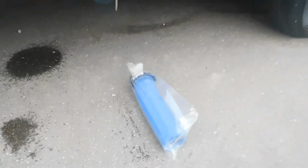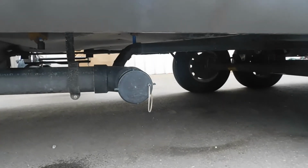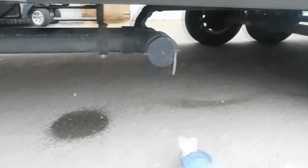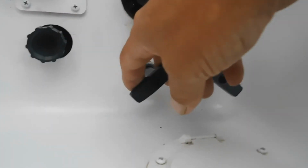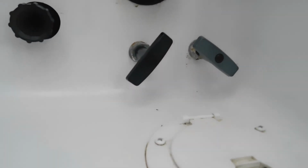I would start by dumping our front tanks. Put your sewage hose here. Hook it up. Come over here and pull your black tank. After you pull that black tank for a while,